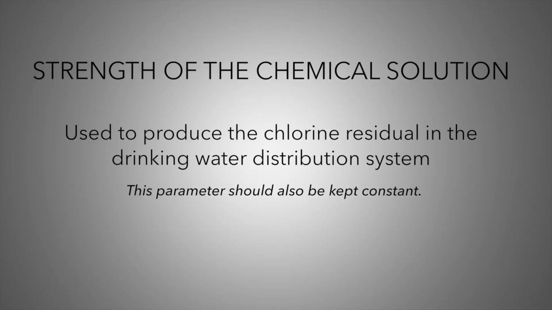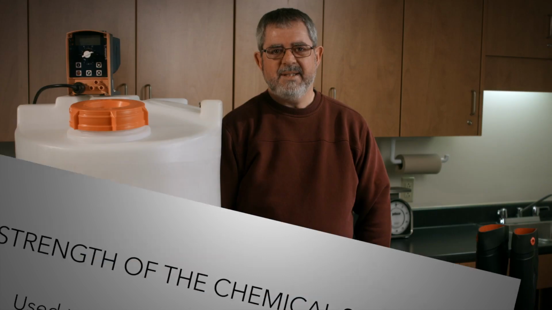basis. The strength of the chemical solution used to produce the chlorine residual in the drinking water distribution system is the remaining control in the hypochlorination process. This parameter should also be kept constant. Maintaining a consistent chlorine concentration in the disinfection solution tank is very important in achieving consistent chlorine residuals in the water distribution system. The only time that the strength of the chemical solution should change is when the chlorine demand